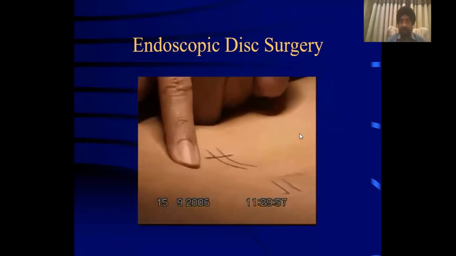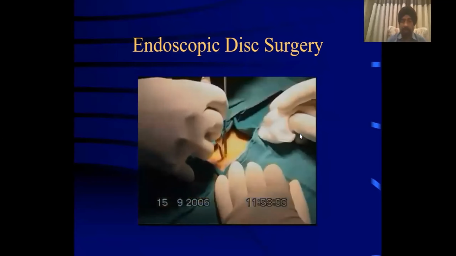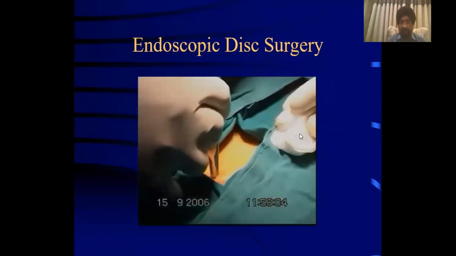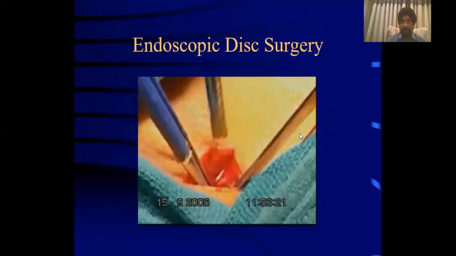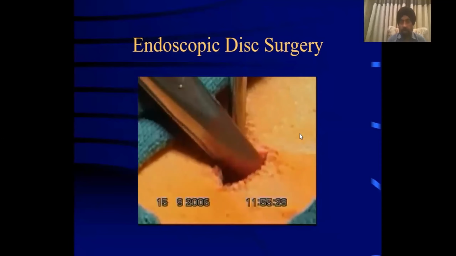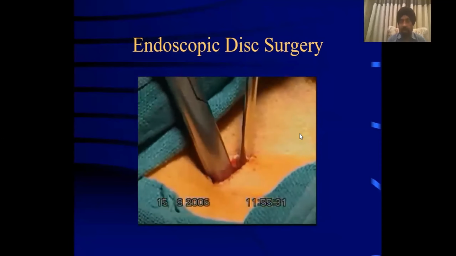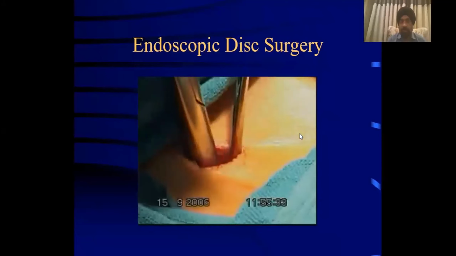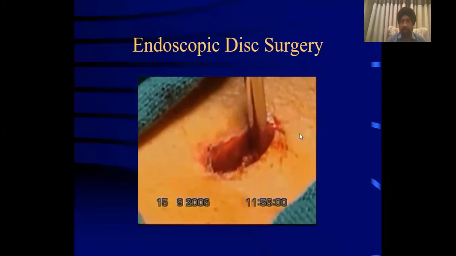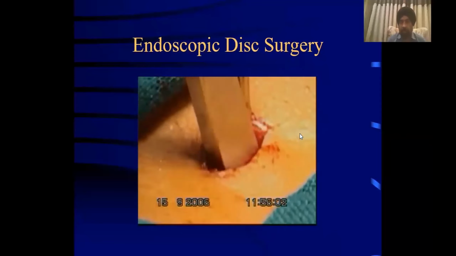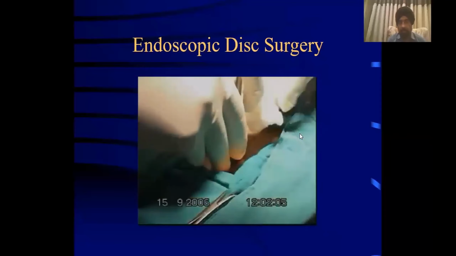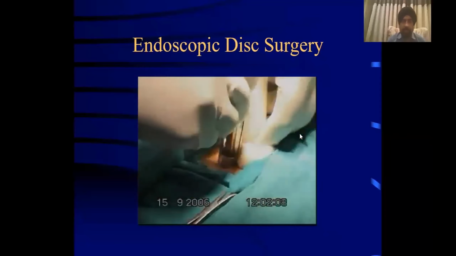About 1.5 centimeters, as I told you, 1 centimeter from the midline, and the skin, subcutaneous tissue, and fascia are cut with the knife. Then I use scissors which go close to the spinous process. You cut the attachment of muscle with the spinous process and go up to the lamina. You can feel the lamina and strip off the muscles from the lamina. Use an osteotome to strip off the muscles from the lamina only, not the spinous process.